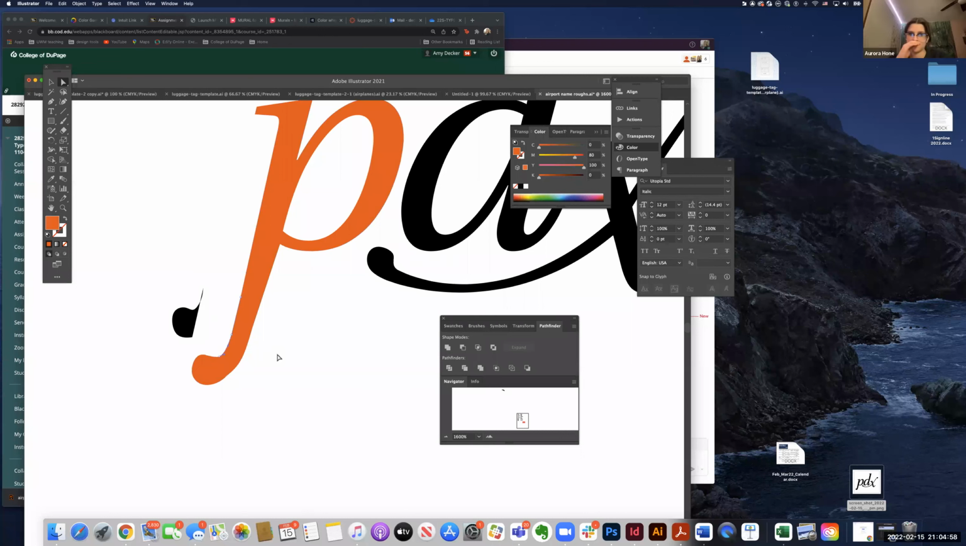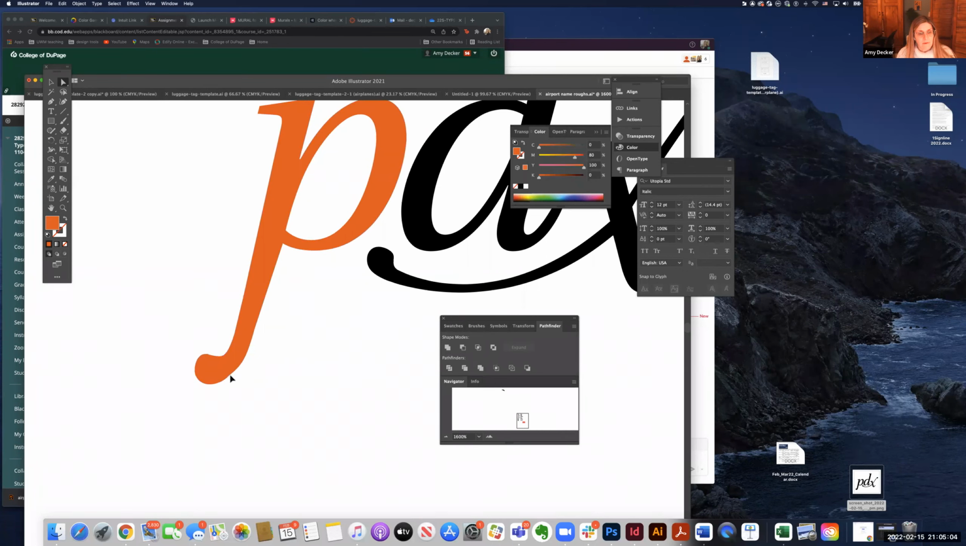You can play with that a little bit, but leave the finial alone, that edge right there. And if you don't like that extra point right there, you can also go up here